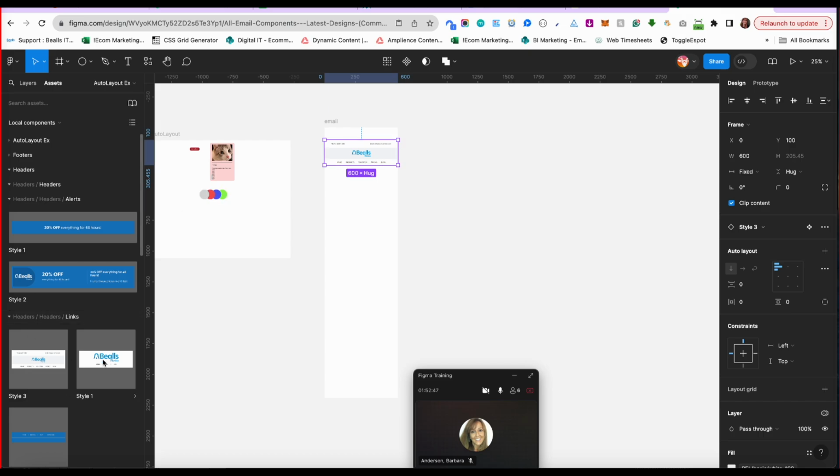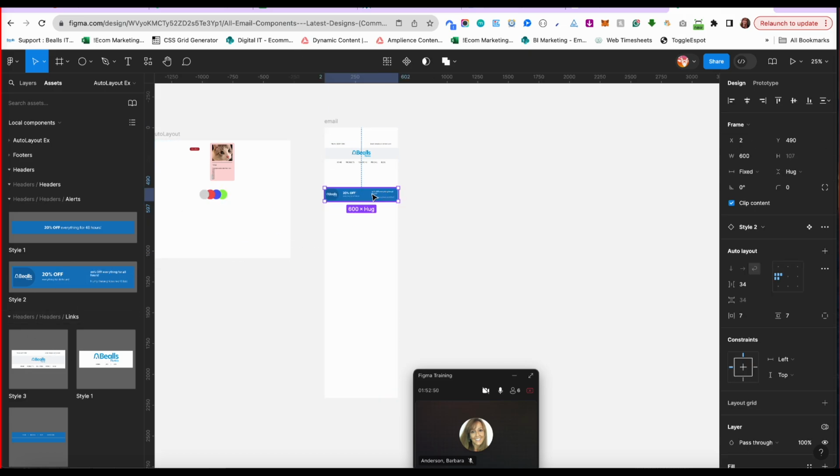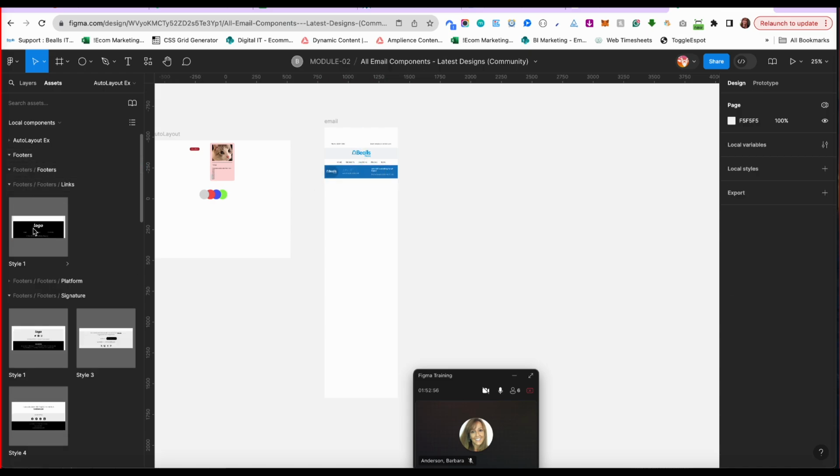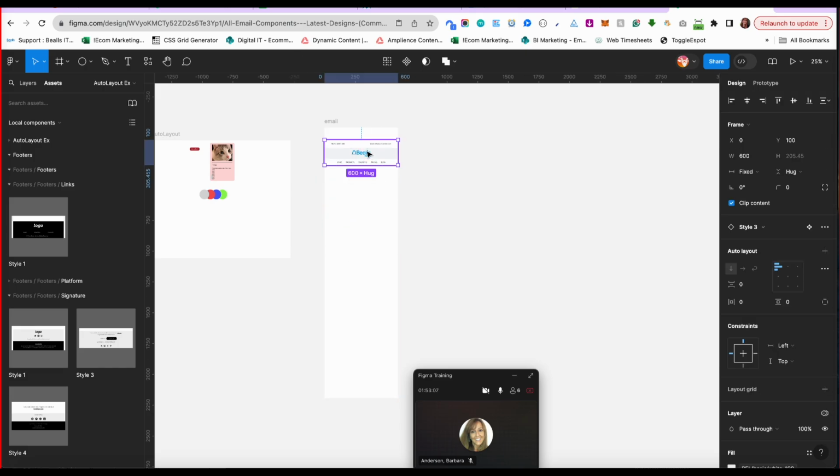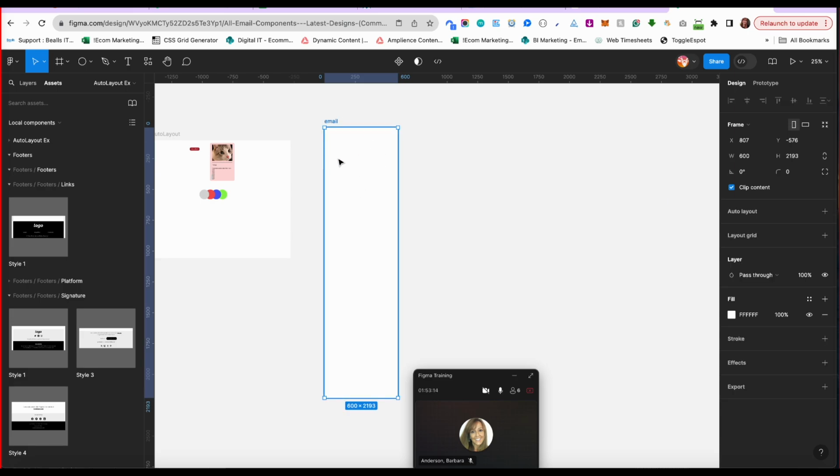If I were to start adding these, I would have to do this manually, putting this one here, and then putting the footer here, and I would manually have to set them up. Well, with auto layout, you don't necessarily have to do that,